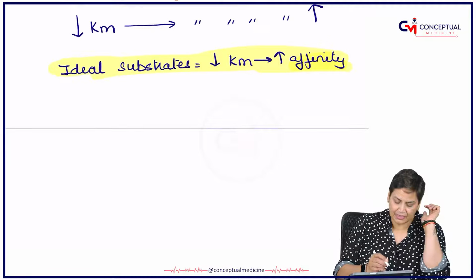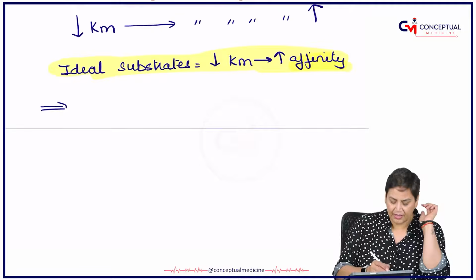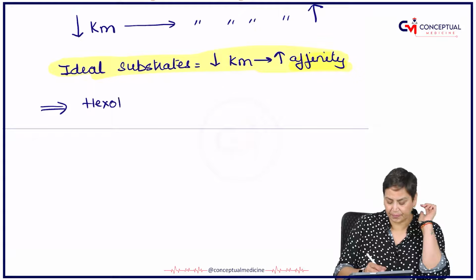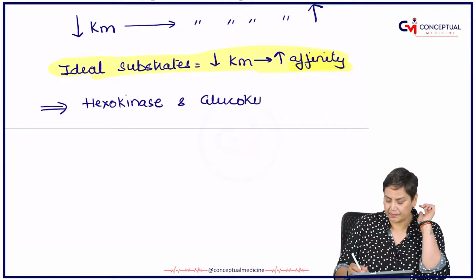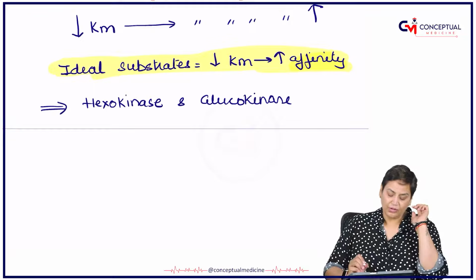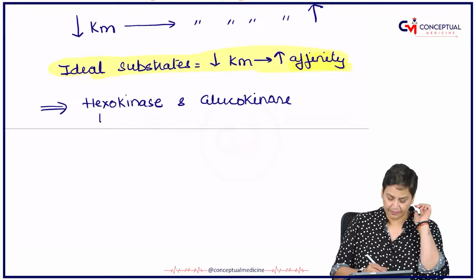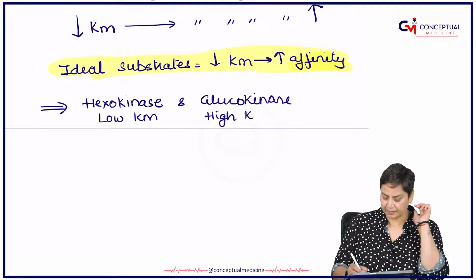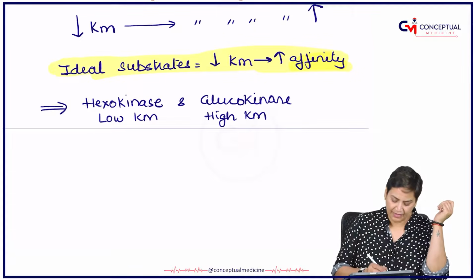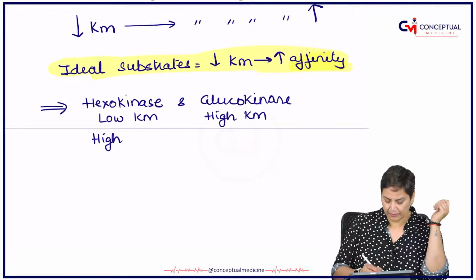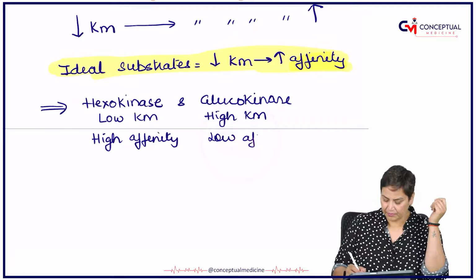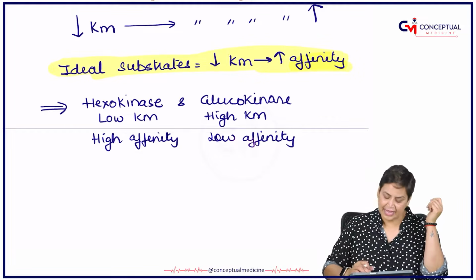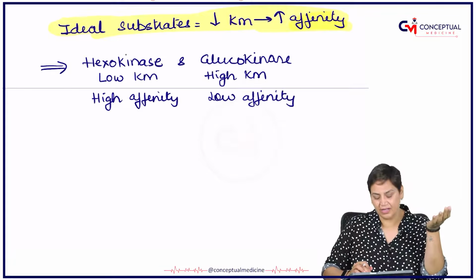And if we talk about examples here, we can simply quote the example of hexokinase and glucokinase. Hexokinase has low Km and glucokinase has high Km. So obviously if hexokinase has low Km, affinity is high. And if it has high Km, low affinity. And that is why we always say that glucokinase is present in the liver, hexokinase is present in